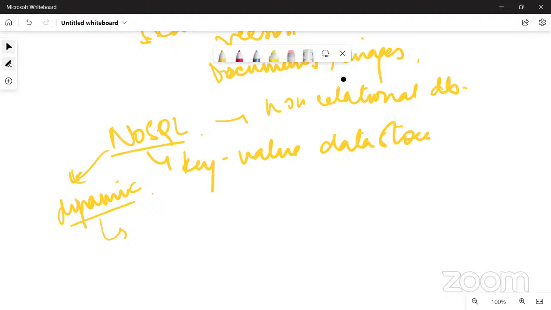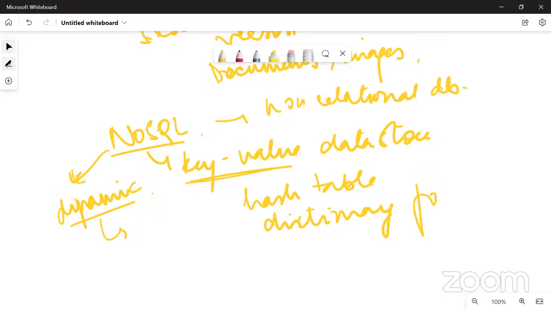So here again, the different kinds that we were talking about, the key value data store. A key value data store is a dictionary or hash table. It is designed for CRUD operations, and there is a unique key for each record. CRUD means create, read, update, and delete. Now the values do not have a fixed schema. It's dynamic again, and can be anything from primitive values to compound structures.